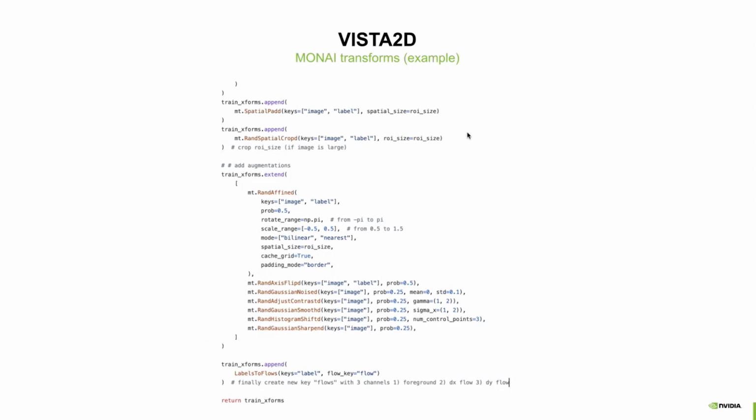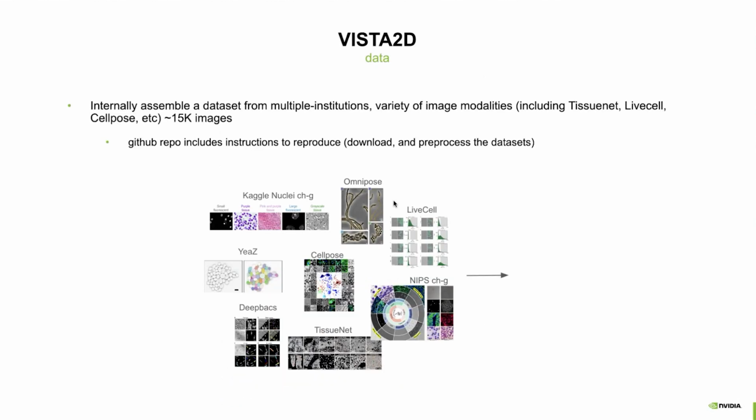Yes, overall, I think we made the code readable and performant. Now, as far as the images that we used, primarily we wanted to make the code for you to train on your own ground truth data. Maybe you have your own proprietary medical data, but to convince ourselves it works well, we have assembled around 15,000 images from different, mostly public data sets we were able to find, shown on the screens,